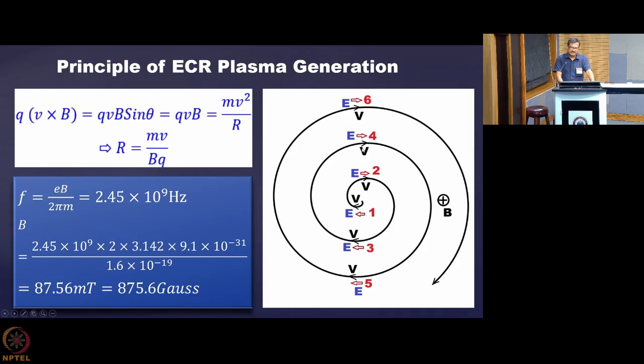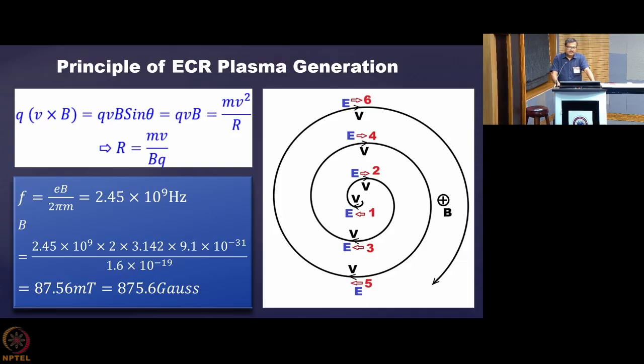So velocity increasing means the radius is increasing. Now the particle is over here. So now it is the right time to apply another electric field. If you move from center to the outer, this is this direction, okay. So next time you are putting in the opposite direction, then you are coming in the opposite direction, then again the opposite direction. So you are moving the direction of the field this way, then that way. So you are synchronizing the rotation frequency with the frequency of the applied electric field.